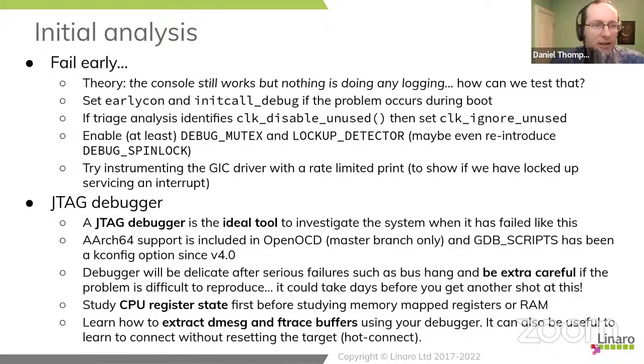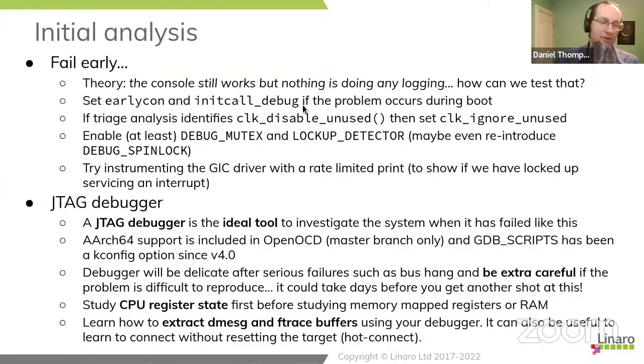Now, first off, we should bring in if the problem is occurring during boot. If the system is not able to boot completely, it's stopping partway through a boot as you're trying to bring up a board, then first off, early con is a must. Early con is a mechanism to get the serial port running earlier in the boot than it would otherwise. And init call debug is another fantastically good tool for trying to find out what's going on during the boot.